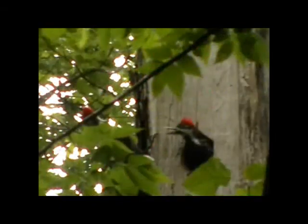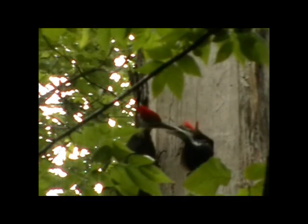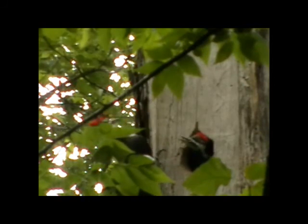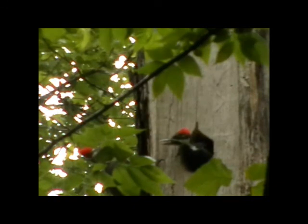This is on the next day. This is on the 6th of June. And you notice I've zoomed back a little bit so you can see both the male adult feeding the chick and the area around the hole. And this one doesn't last too long. I clipped out quite a bit of it because, as you can see, the imperfections in the video kind of get in the way. But it was fun taking it, and it's just about over now, so I will quit